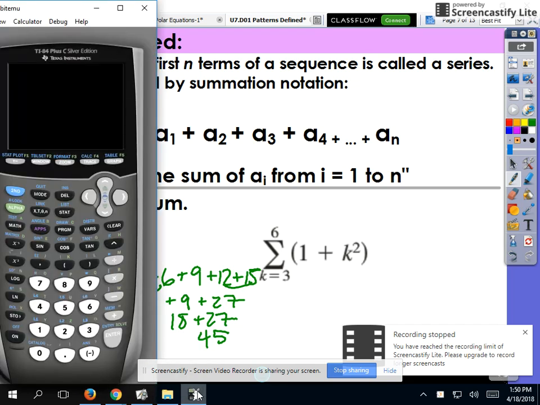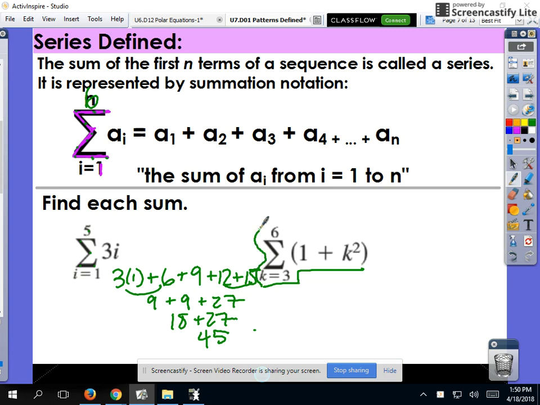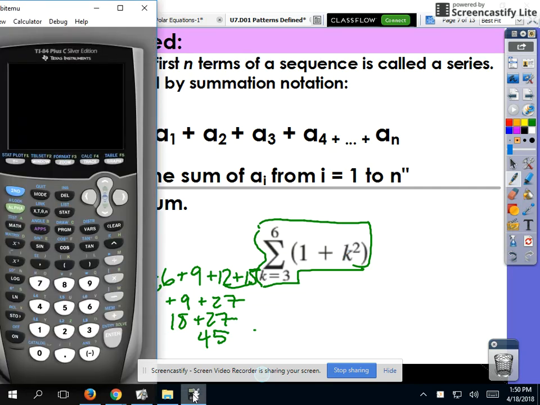All right. So I'd like for you, before we use our calculator, to try this out. Plug in 3. Sorry, for the second equation. This is part 2 of our sequences and series patterns defined. Go ahead and solve that to the right. See if you can get the series value. All right. For your value, you should have gotten 90, but let's check with our calculator what we're able to